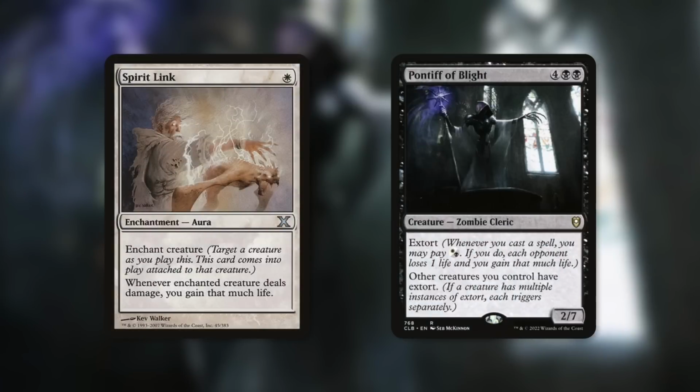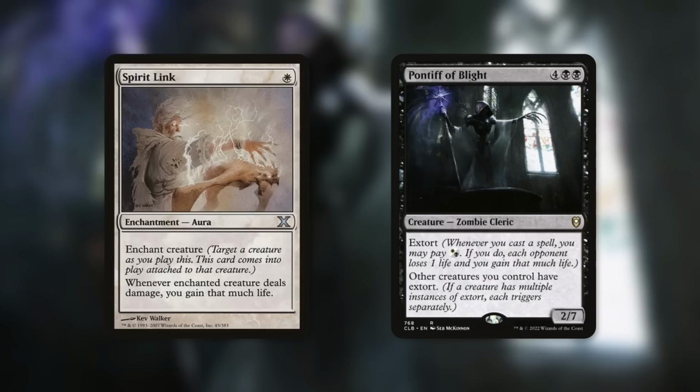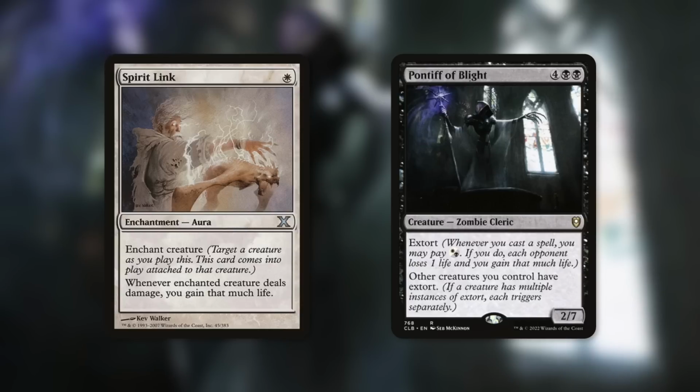Next up, let's talk about some ways to gain a lot of life throughout the game. Spirit Link is a huge one. It's an aura that says whenever enchanted creature deals damage, you gain that much life. Now, that basically is the exact same thing as Lifelink in some ways, but this basically stacks with Lifelink as well, so we're going to be gaining basically twice as much life as the amount of damage our commander is